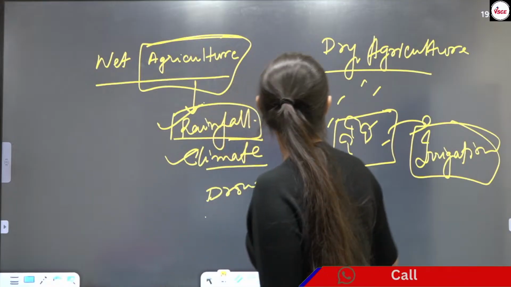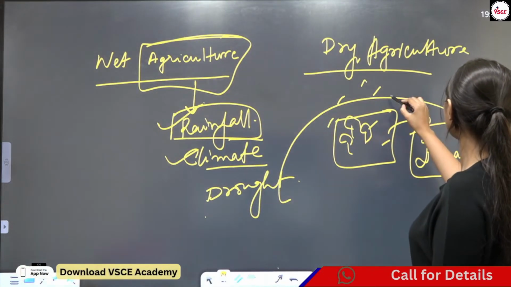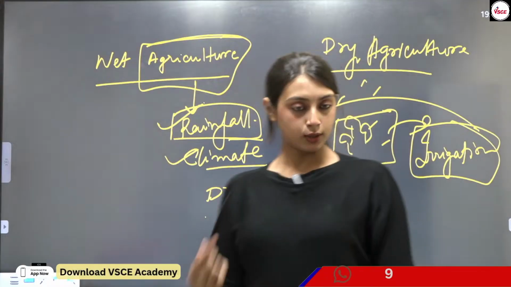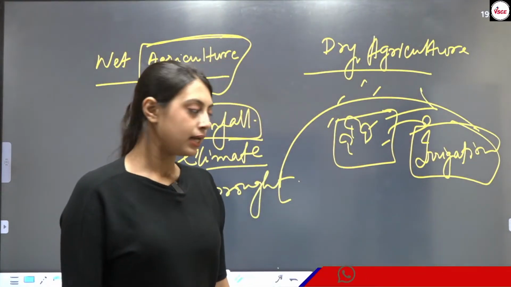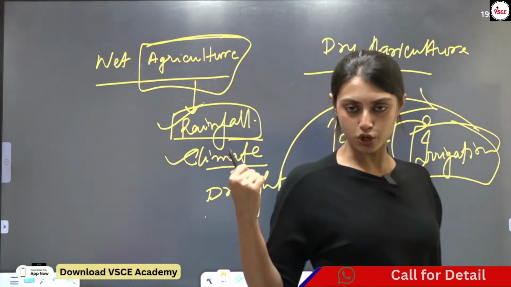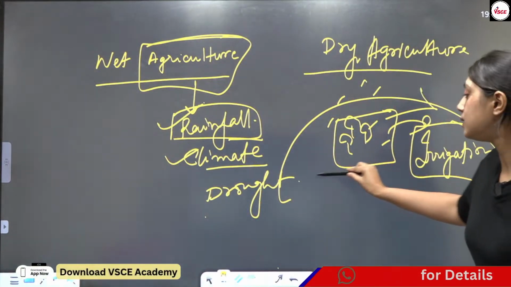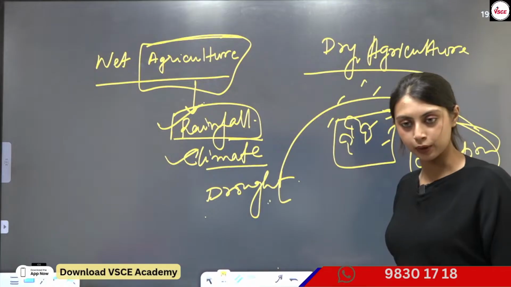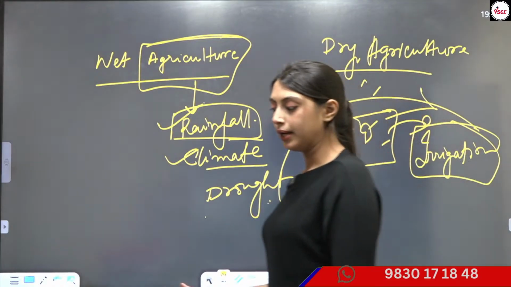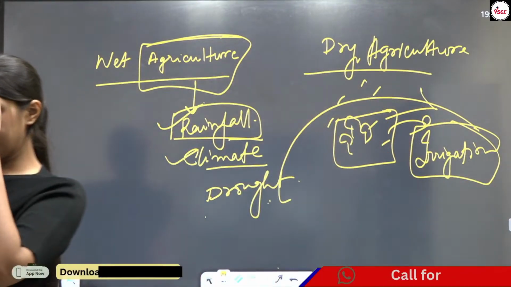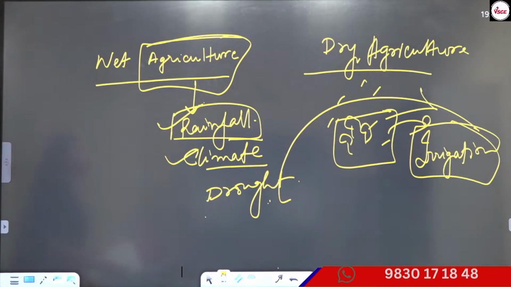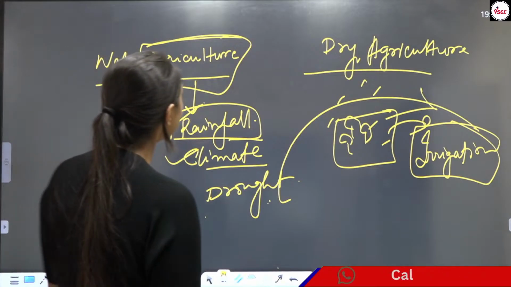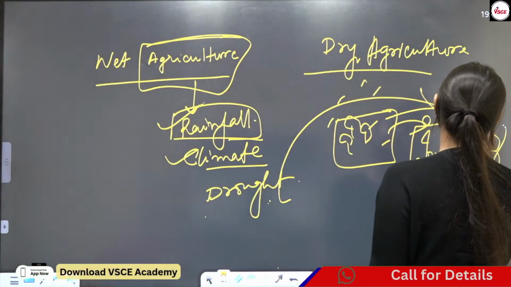Okay, why? Because we are dependent on the water supply. Otherwise we have to rely on irrigation, right? Now for instance, if we do not have irrigation, then what is going to happen? Crops are going to fail, right? Great. Now what we are going to see is that even the wet areas also experience dry spells. That is why irrigation has become a very, very important factor.